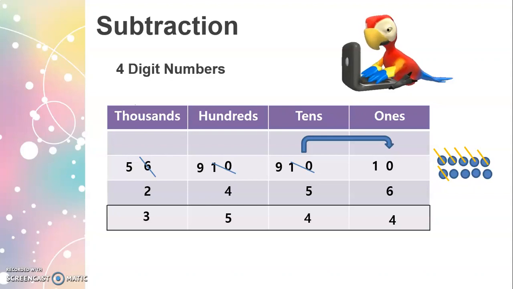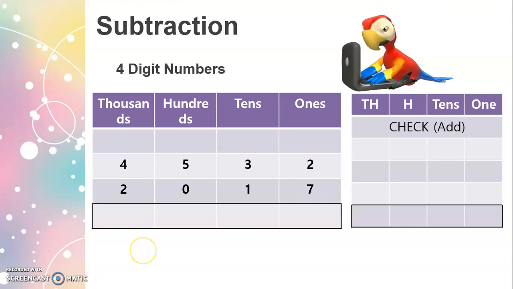While subtracting, just remember the rule. Each digit can borrow from the digit on its left, and each digit can lend only 1 to the digit on right. Let's take one more example. First we will subtract two numbers, then we will check whether our answer is correct or not. Let's take two numbers, 4,532 minus 2,017. Place them in place value table. Start from the right side, that is from the ones column. Observe, 2 is less than 7, so we cannot subtract 7 from 2. We need to take borrow from the neighbor, that is the tens column.